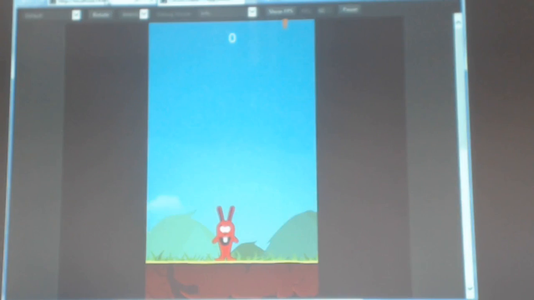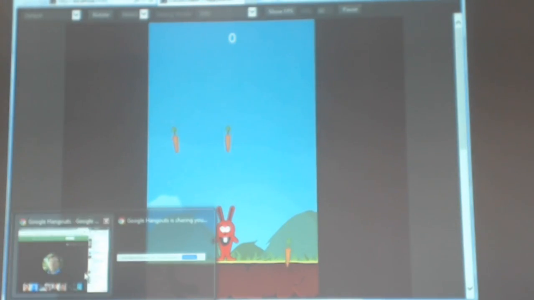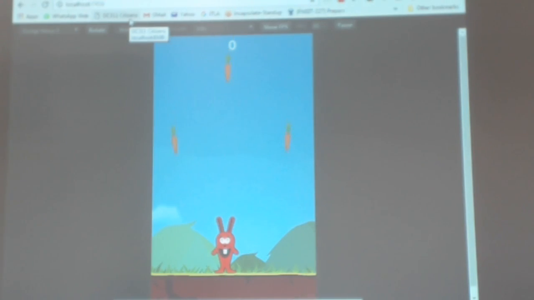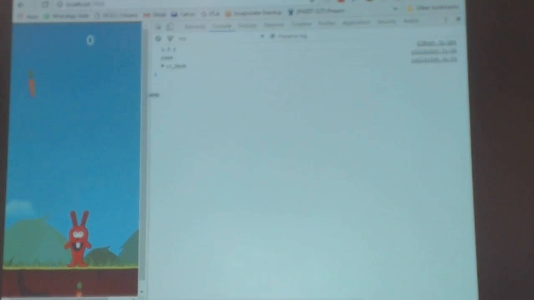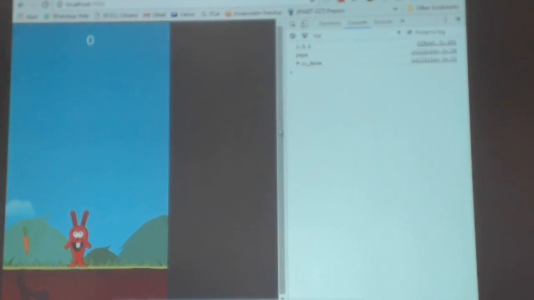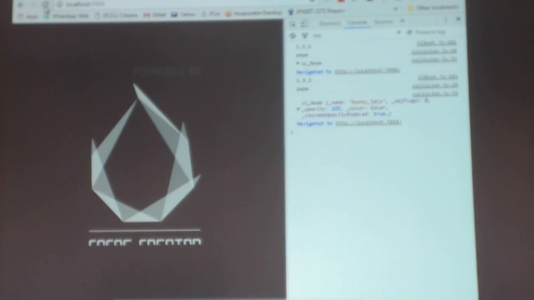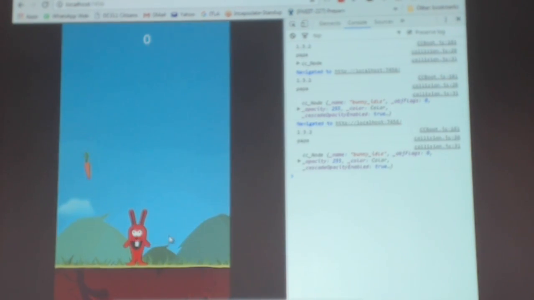Okay, so let me run this. By default it opens Internet Explorer. I don't like to use Internet Explorer because I can use the debug console, and of course the Chrome console is way lighter and way easier to use. So I can just write any console log or whatever I want to debug, and I'm just going to use it for native development. So you can see here that I'm able to move the bunny, and I created the collision for one of the carrots, which was the one on the left.